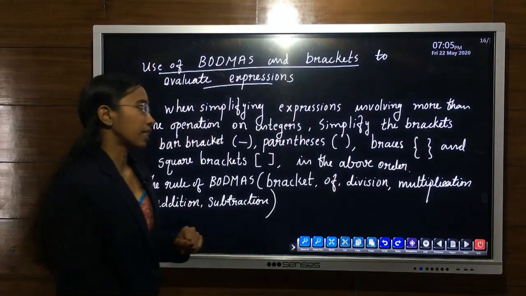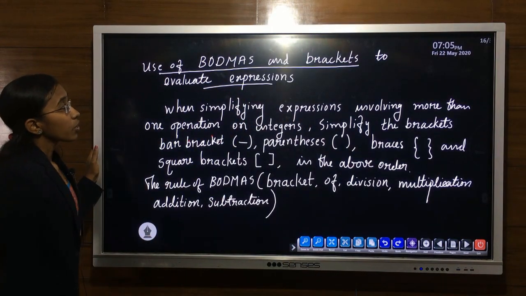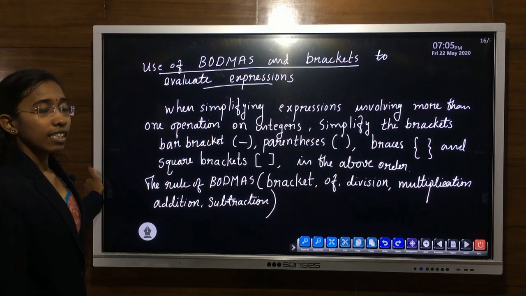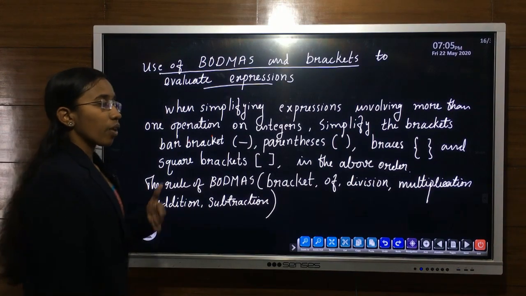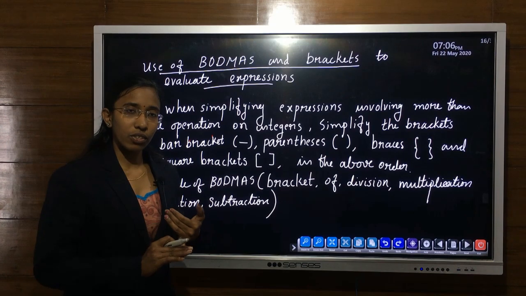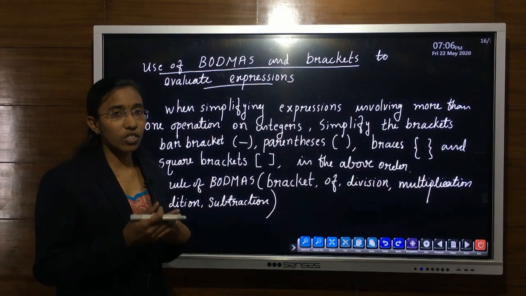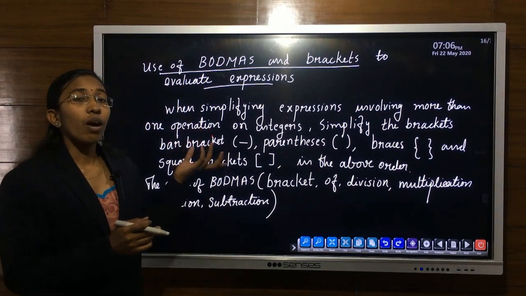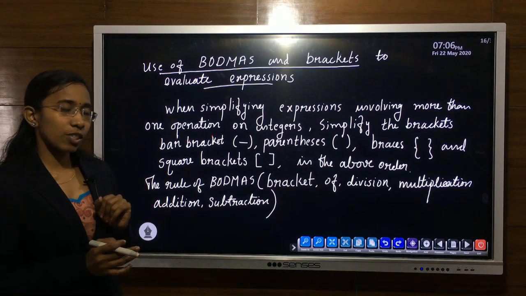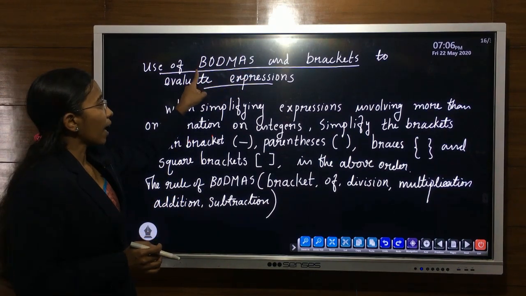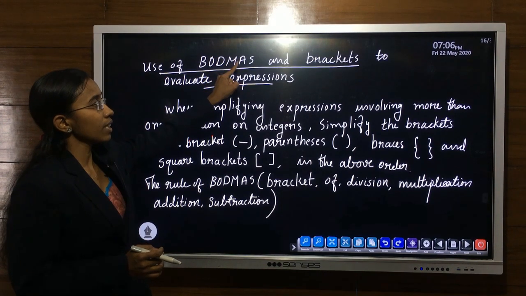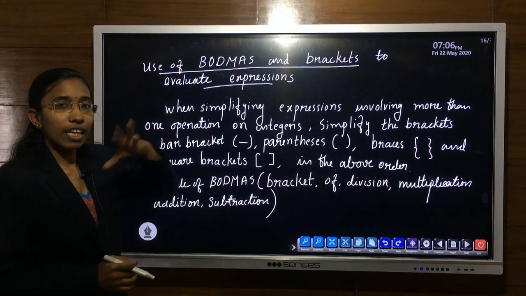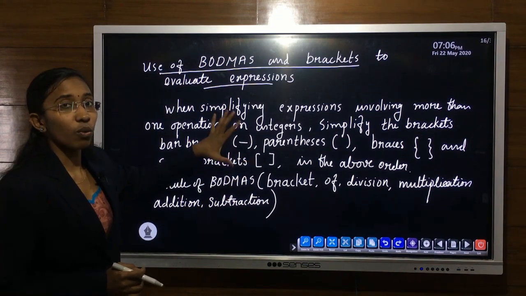So these are our 7 properties. And next one, use of BODMAS and brackets to evaluate expression, which means in one expression more than 1 or 2 operations are there, which means there is subtraction is there, multiplication is there, or addition is there, division is there. These all operations are in one expression. Then how to solve or how to evaluate that expression? BODMAS rule means bracket of division, multiplication, addition and subtraction. Then bracket of means there are different types of brackets. Then here what is that order?